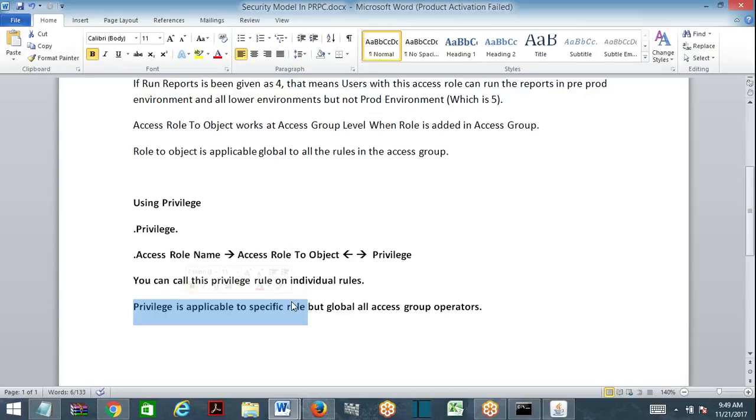Any operator from any access group that executes that role, which is preventing execution of activities, will not be able to execute. But when you add access group to operator, only that access group's operators will be given those access privileges, access levels of that particular access group only. No other access group it is applicable for. Okay, so it will be a little bit confusing.